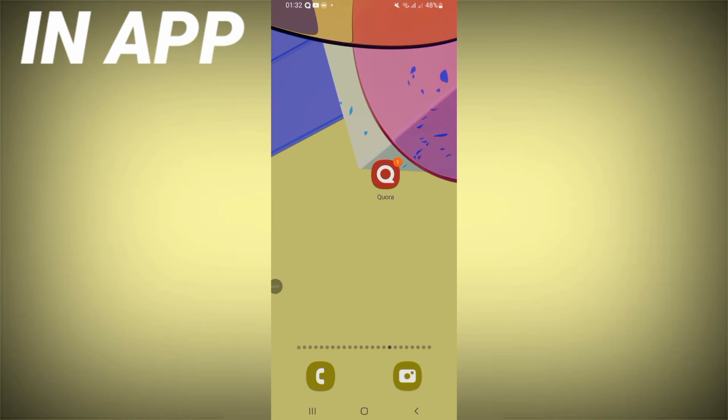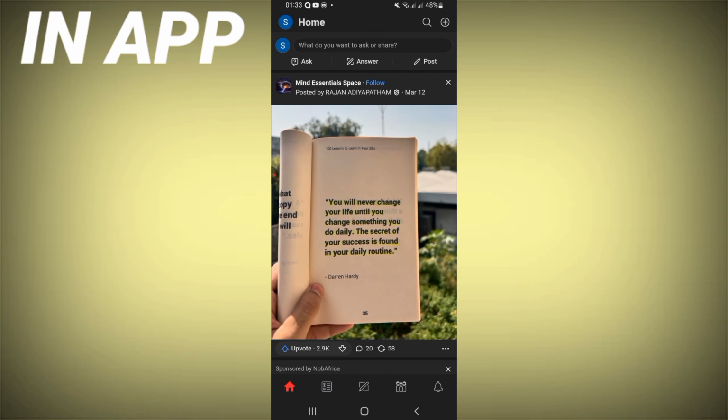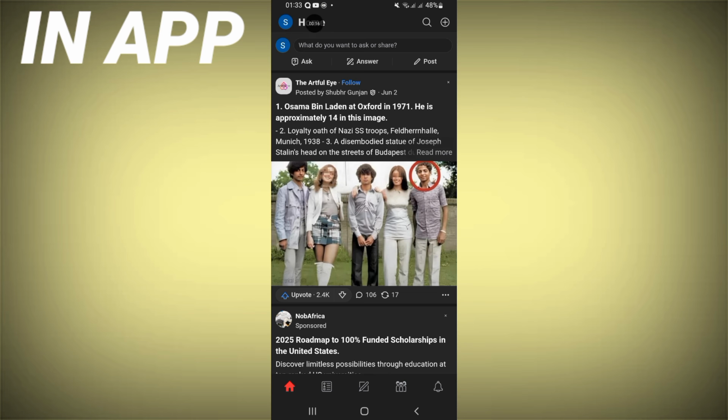Guys, I will show you the easiest way and the correct way how to send a message correctly or DM someone on Quora mobile. Open Quora like this first, and this is the home page. As you can see, go and click on the corner of the screen here